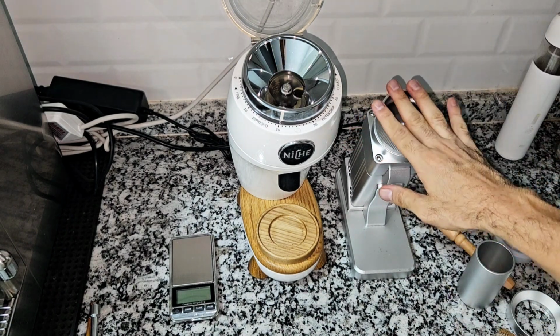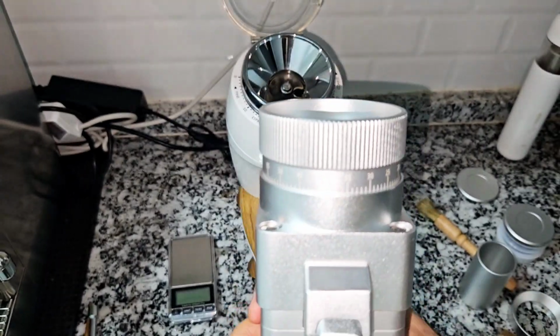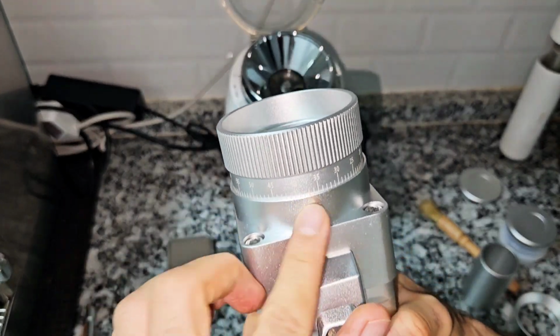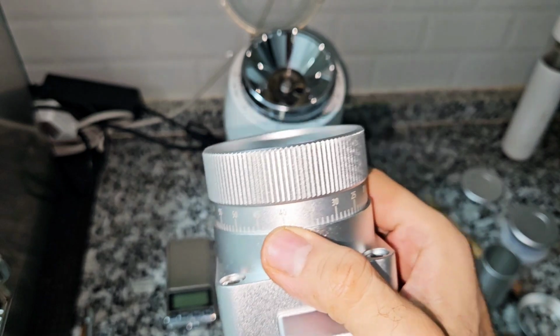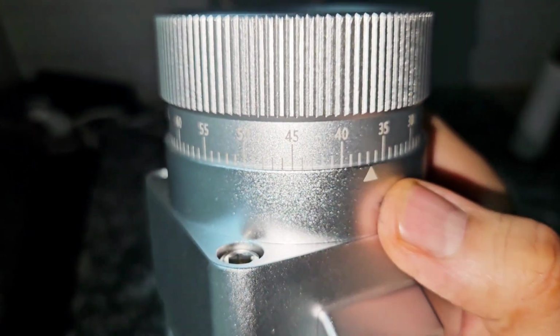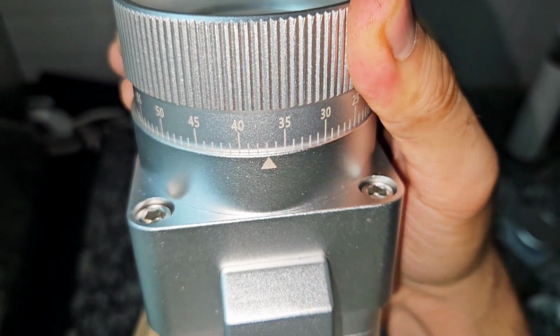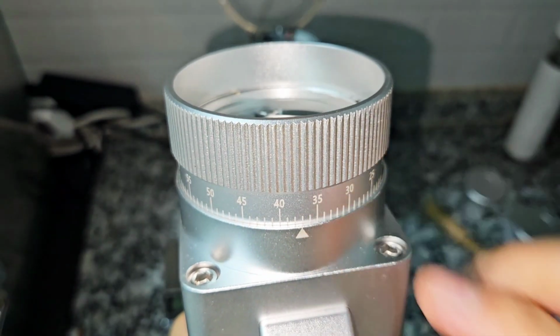As you see, the range is very big here. So they mentioned that the range in the E55 is like 10 microns for each step. Each step, I mean between each number and the next number, there are 5 steps. As you see here, from 35 to 40, there are 5 steps, okay? Each one of them is 10 microns, okay? So right now I'm on 37,